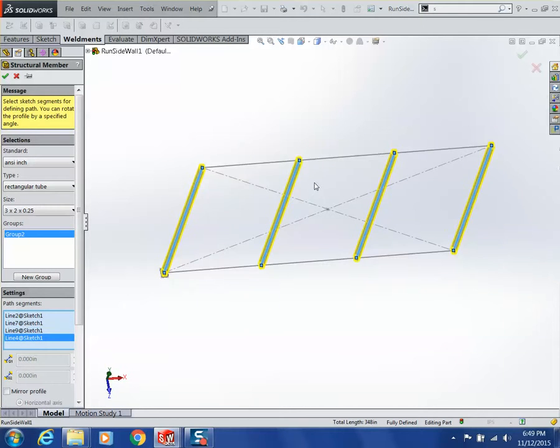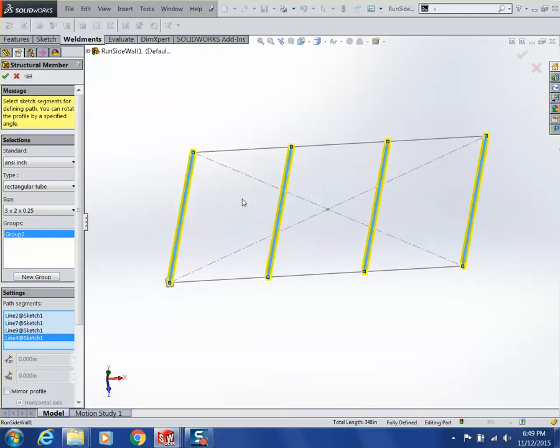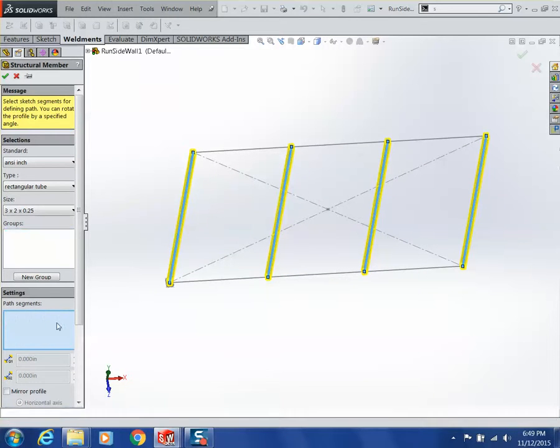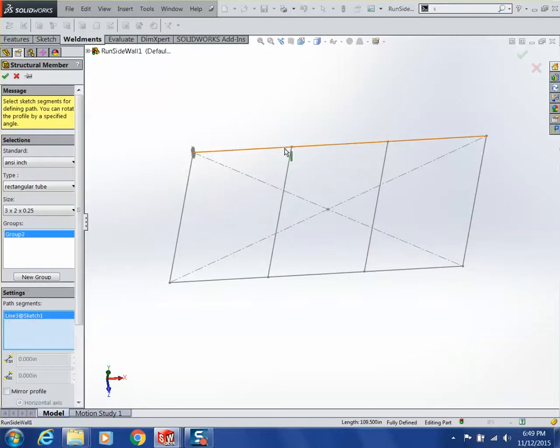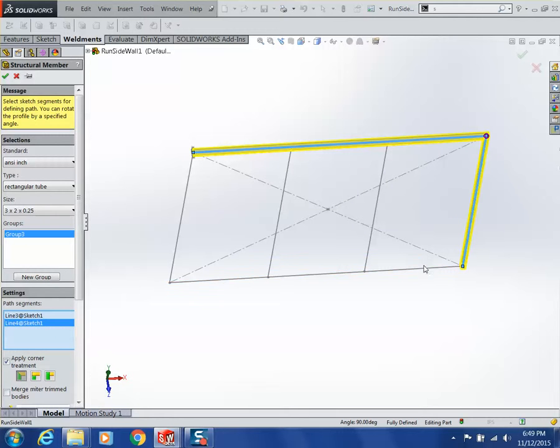You can't just go through and pick everything the way, you know, if I want everything, all these lines are going to need a member on them when we're all done. Picking them all at once doesn't play nice. And what I mean by that is, let's do this. I'm going to go back and put this in the way I would normally build it. So when you do the outsides here,